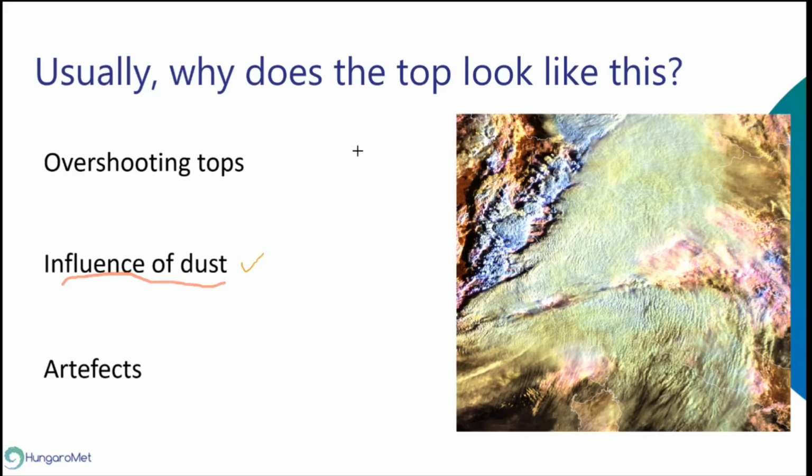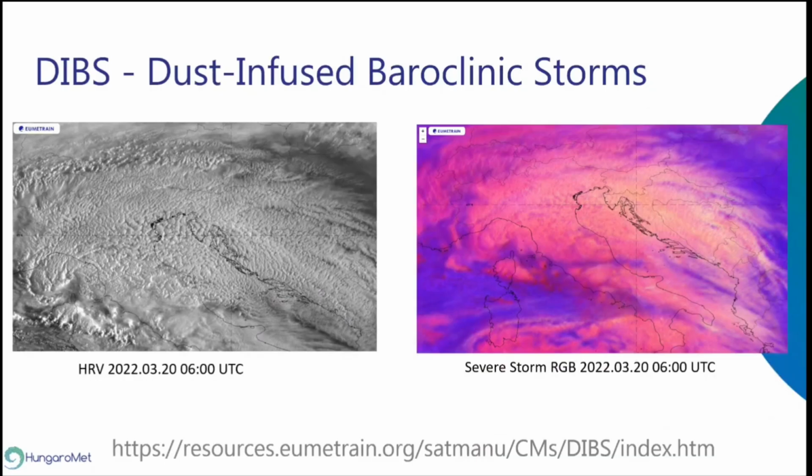We have the 3 options: overshooting tops, influence of dust, artifacts. I have seen some of you already mentioning influence of dust. I will give some more time if you want to think about it. Okay, I don't see anyone else annotating. So we move on. Yes, usually the cloud tops look like the orange peel because of the influence of the